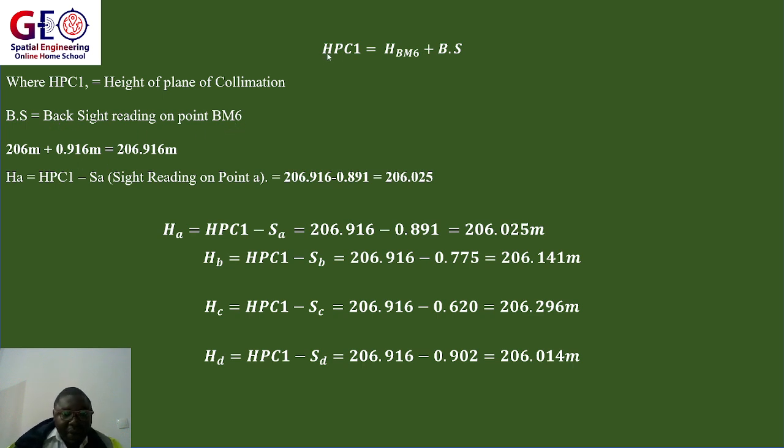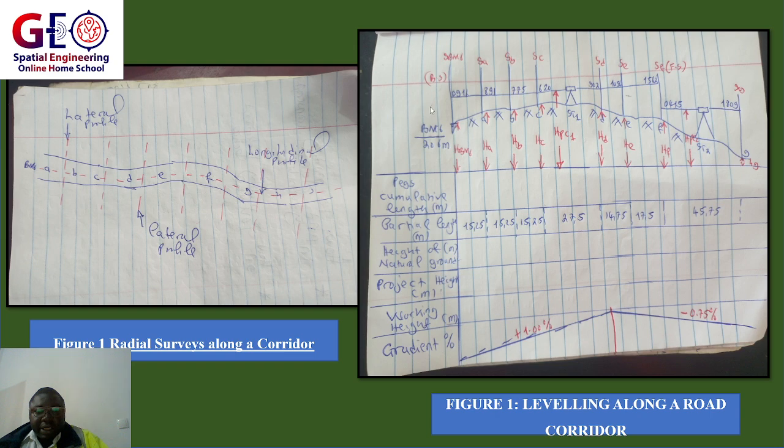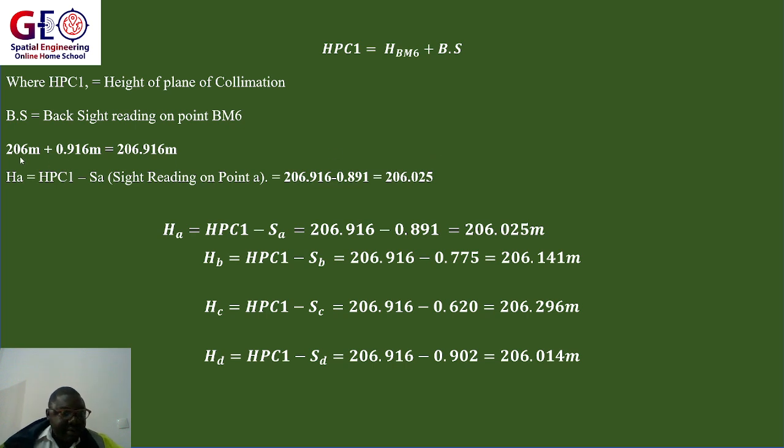The height of BM6 was given as 206 meters, plus 0.916. Of course, the backside reading was given in millimeters, so we converted it into meters, which is 0.916. We add the two together, and we have